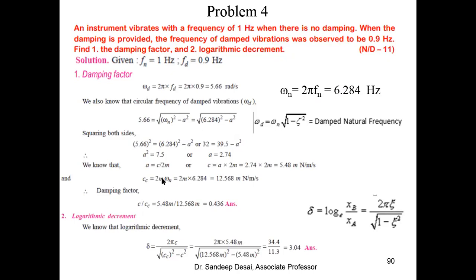You know mass. Mass is known to you? I guess mass is not known to you. Mass is not known. Right. So omega n is 6.284. Now you need to know mass. Okay. But let us do one thing now. Correct. Nikhil correct. Omkar correct. Let us do one thing now. We have to find out.